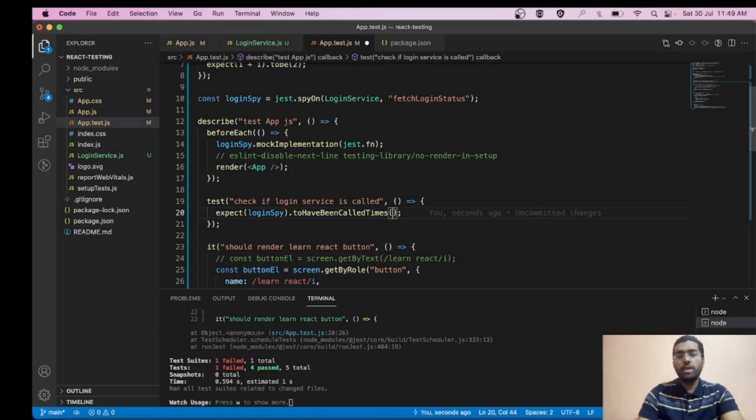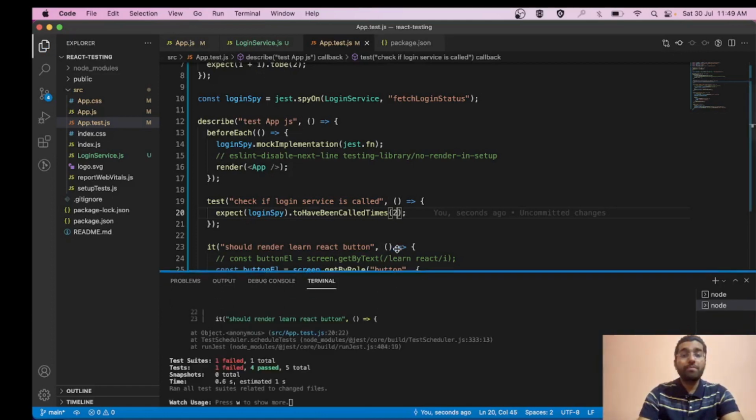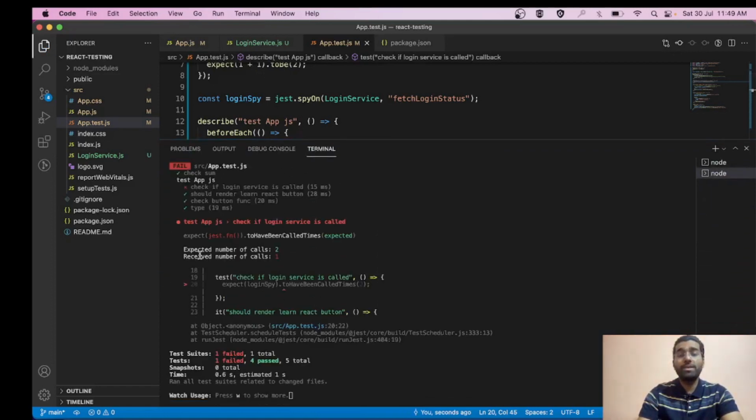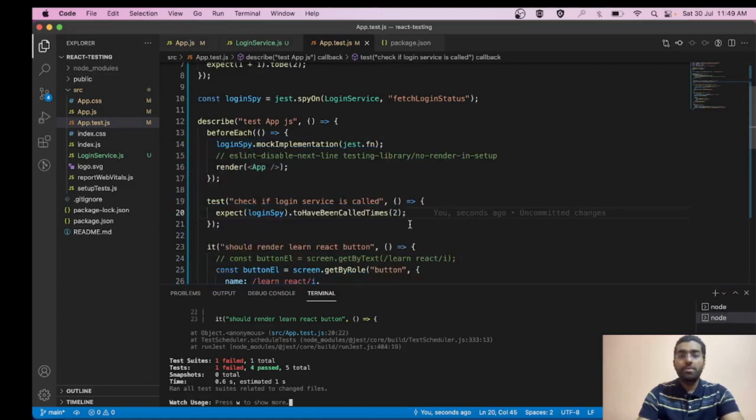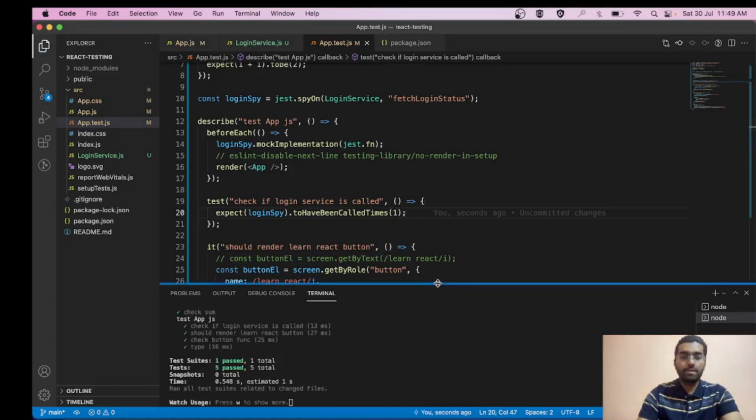Let's suppose you want to check how many times your single API is getting called. I put 2, thinking it must have been called 2 times, but it shows that it has been called only 1 time. So give it 1 and your assertion will pass.